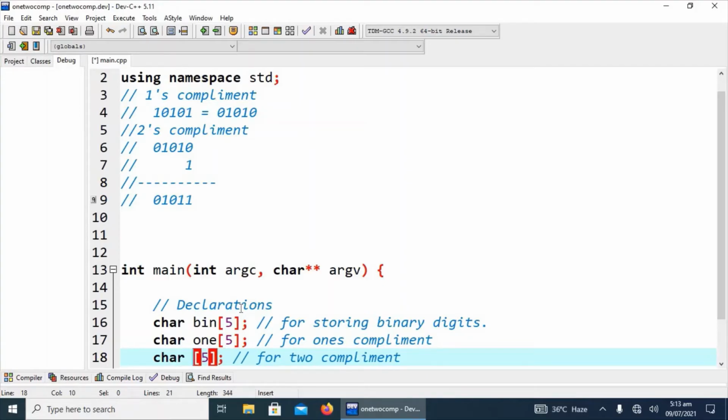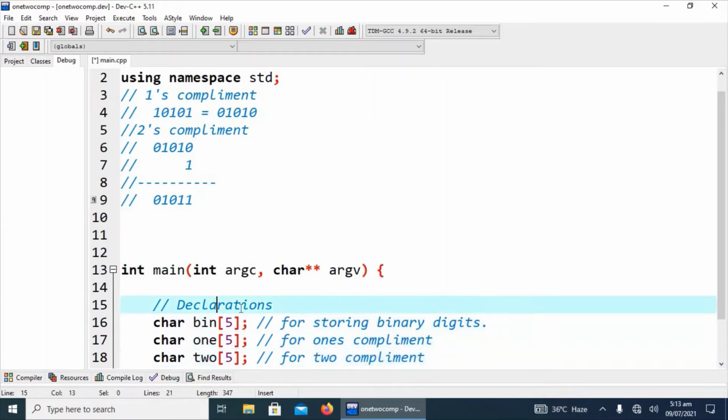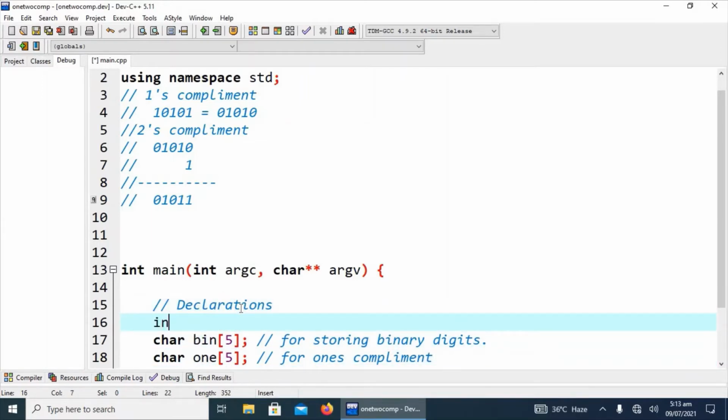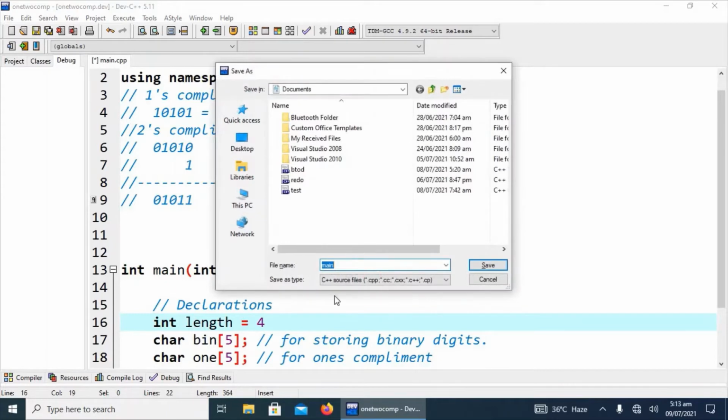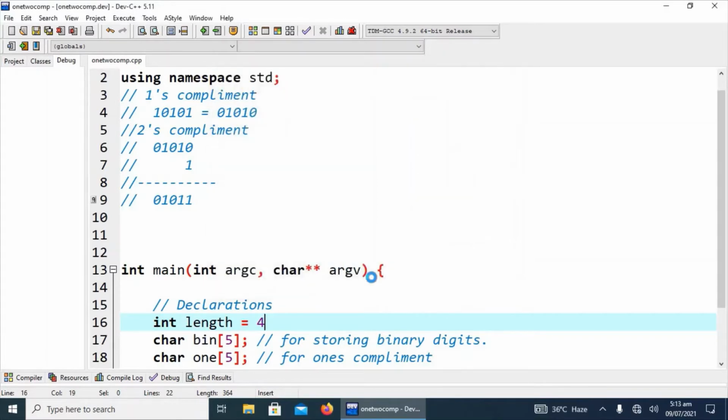We can name it here twos. We have to also specify the length of the given binary digits. We are going to save a 5 binary digit number. Length is 5. Okay, save this 1, 2 complement.